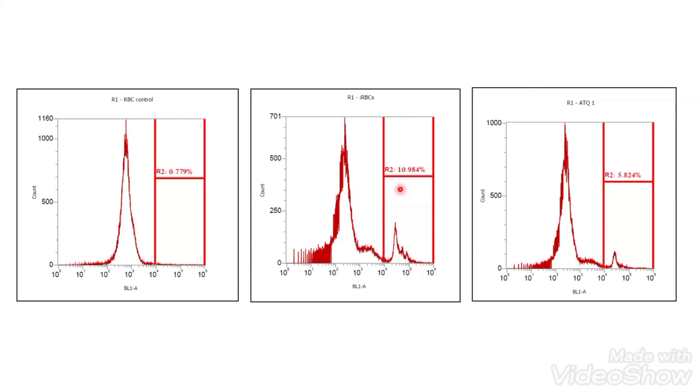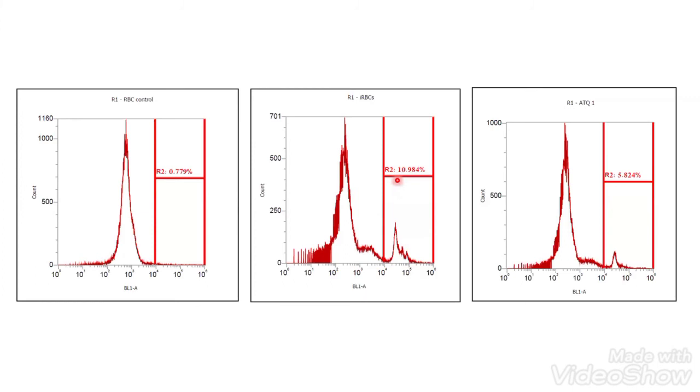Propidium iodide. Infected with what? Plasmodium. 10.98. Then you start treating these RBCs with your drug. First drug, second drug, third drug. Out of 300, there was only one drug which actually killed the plasmodium inside the RBC, and you can see